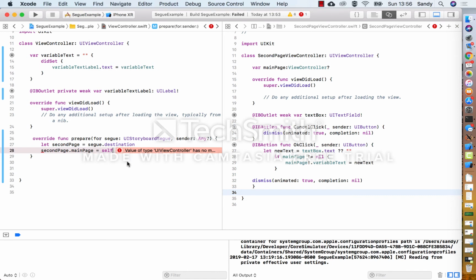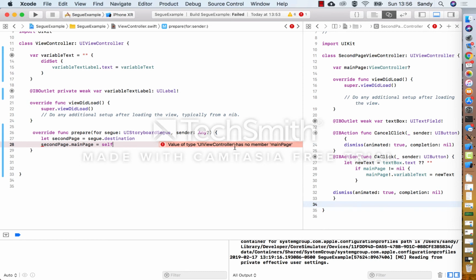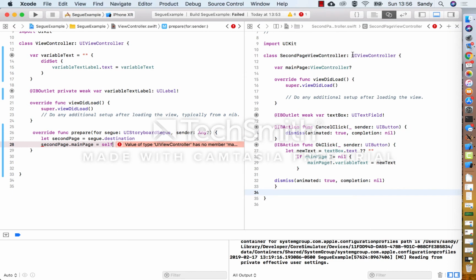And now we've got a complaint. So why do we have a complaint? Let's have a quick look. Value type of UI view controller has no member main page. Well, our second page view controller is a UI view controller, but we need access to this, and we know that it's this, so we have to typecast. We do that in Swift by going as second page view controller, and that should fix our problem,